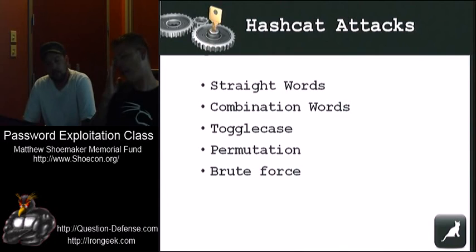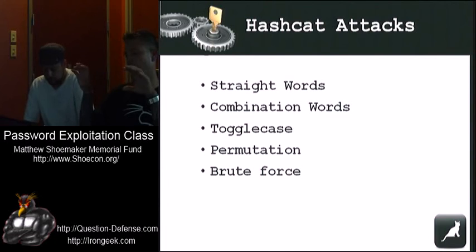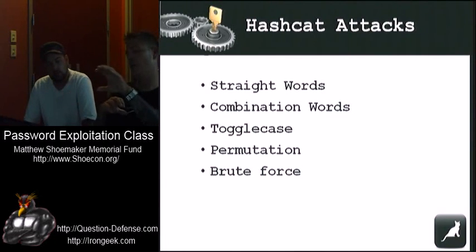So the main attacks of Hashcat, like I said, I can't go over all of these, but I just want to touch on them basically. The main attacks that Hashcat can do is a straight word list. It can do combinations of words, and it'll make more sense when you see it on paper, but the way that it works is Hashcat has what's called a left mask and a right mask, and so you can add a dictionary to the left mask and you can add another dictionary to the right mask, and it will try each one and combine them together, and you can append digits or anything you want to the end, or you can just do a dictionary on the left mask and digits or letters or whatever on the right mask, and I'll try to make that make more sense later.